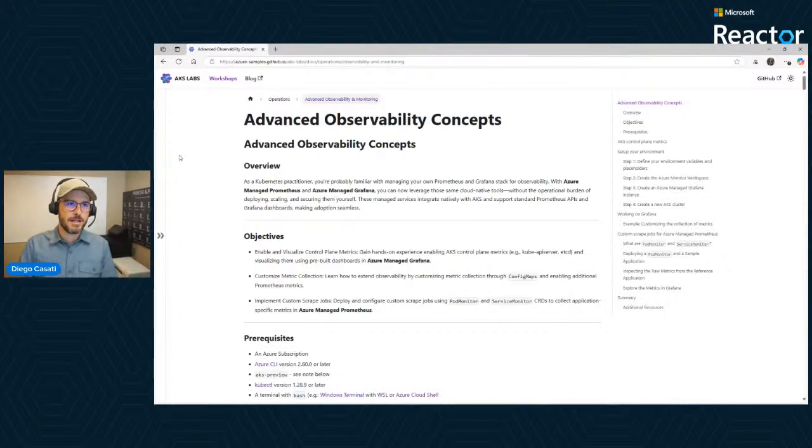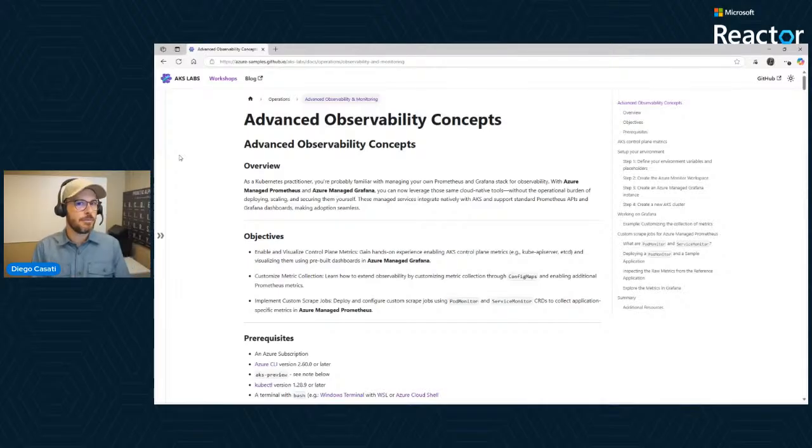A lot of times, as part of my job as a Global Black Belt, I will talk to customers about some pros and cons of running things yourselves or leveraging a service, right? There's always pros and cons about everything. Now, the trade-off here is that you can free your team from having to take care of and nurture something like Grafana and just use it as a service, right? You can decouple that from your cluster, and you can then have this holistic view across different assets, pods, services, your cluster, and then just use it.